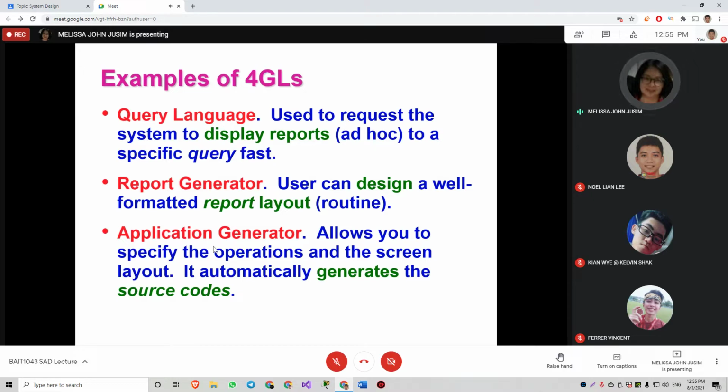Right click, generate. What do you want to generate? Setter, getter. Okay, generate setter, getter. You just select for which variable. I want it for student name, student ID. Click, I want setter, getter, and then pop, the codes are given to you. So this is how things like the report generator and application generator can really improve the productivity of a programmer.